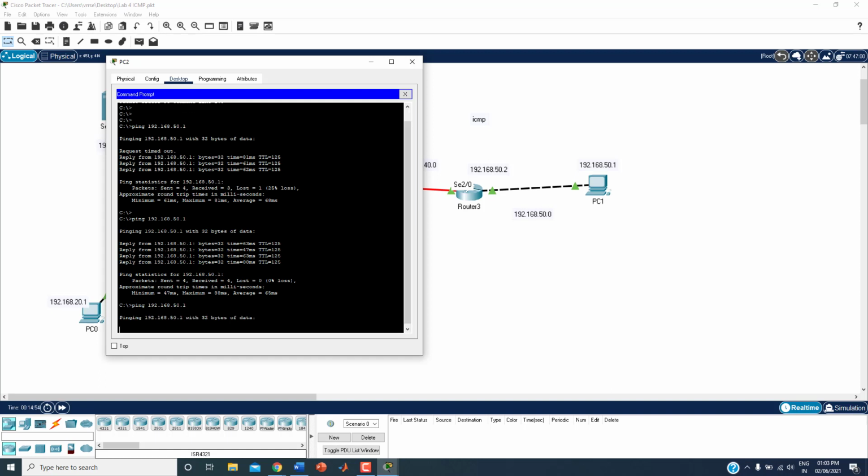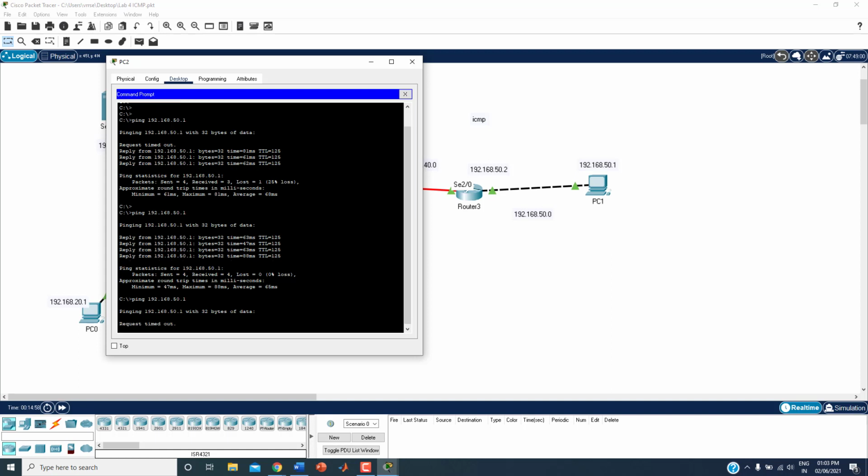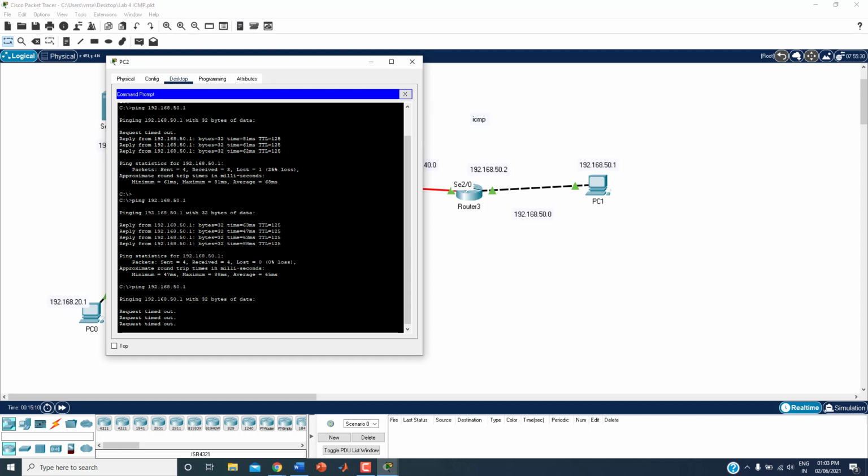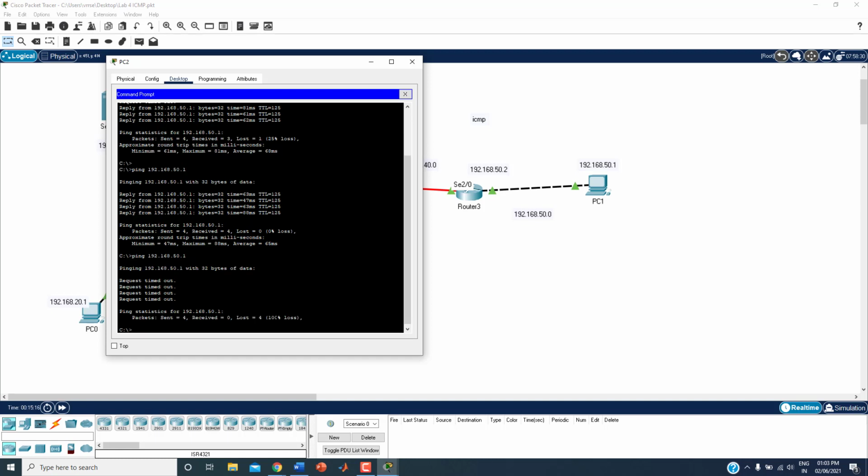Ping 192.168.50.1 with 32 bytes of data: request timed out. Four times it will come.